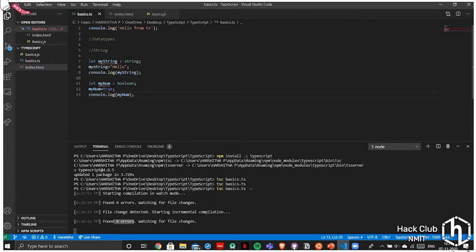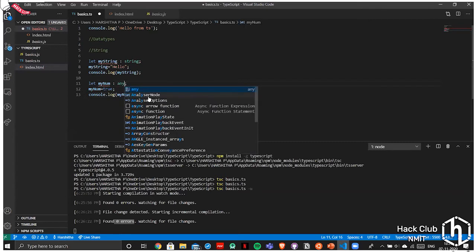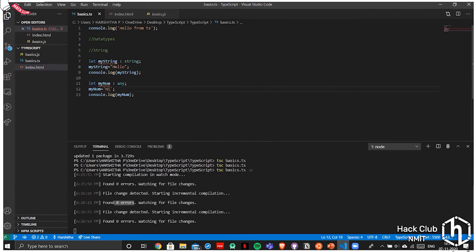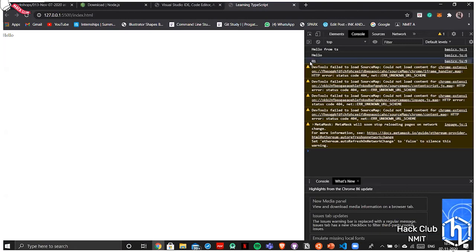Next, I'll take another data type called any. In any, you can input anything you want: string, number, Boolean. So let me include a string like hi. Okay, there's 0 errors found. Cool. Now there's hi here.